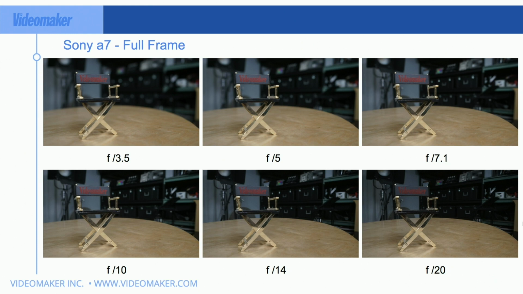You can't really see all of the stuff that's on the shelves until you start to get to f10. Well, you can see them in f5, but you're maybe not bothered by them. But they start to draw the eye, like, what is that? Maybe around f10. But you can see that by f20, most is in focus. But that background is still not in sharp focus. But you can see more of it because it has less blur on it than it did prior.